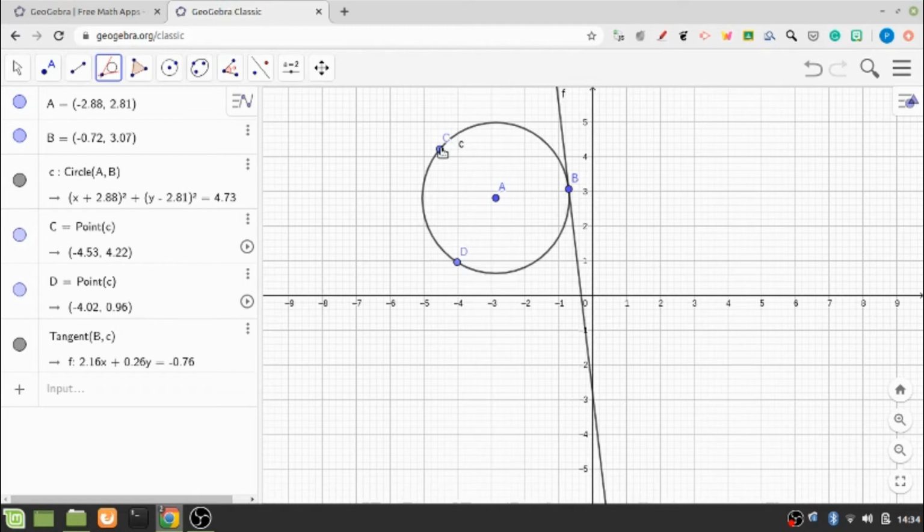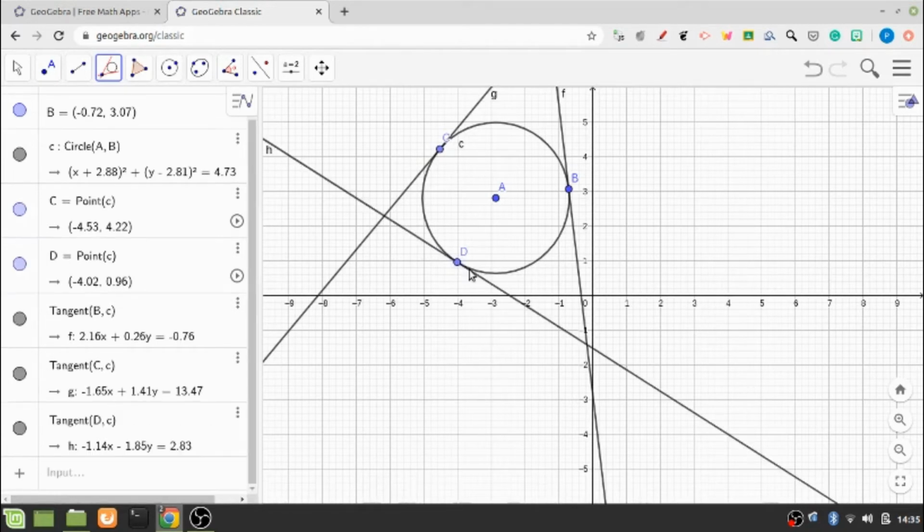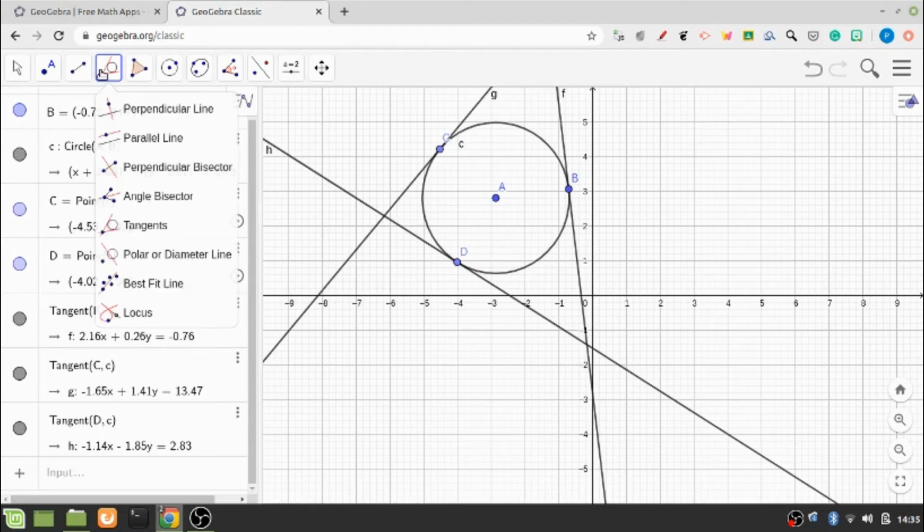Then again for this point C, say I want a tangent line, so by clicking here you see that another tangent line has been generated, and accordingly for each of the points which is on the circle, one tangent line will be generated, which is designated by separate alphabets. So this is about the tangents.